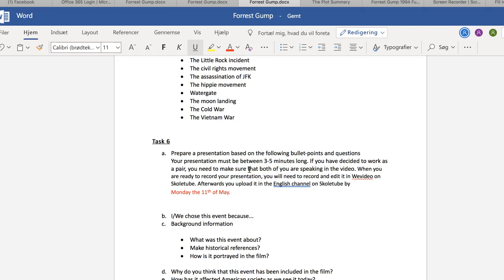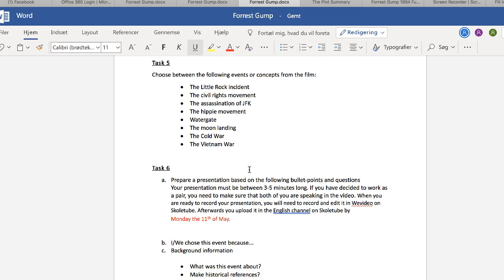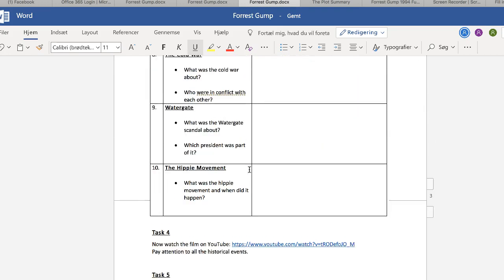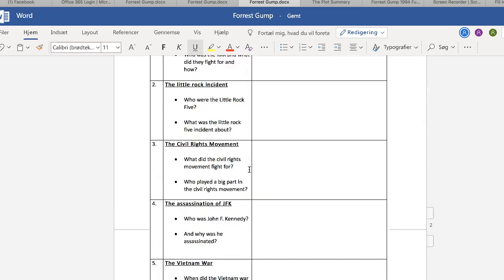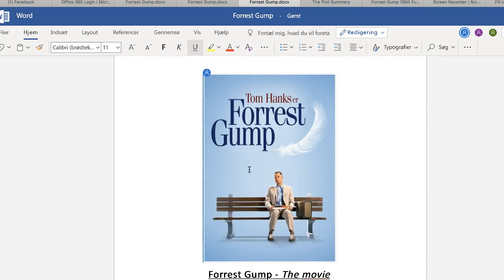We chose to do this sort of presentation because it's a bit close to something you will have to do for the oral exam in 9th grade. So it's a good way to just practice. This is not an exam form, but just a small task that's close to being that. But remember to take this very seriously. You have 3 weeks for the whole thing, so you have a lot of time to really dive deep into this and get to know some of these historical events and get to know Forrest Gump, which is a wonderful, interesting film, and a glimpse into American history, really.